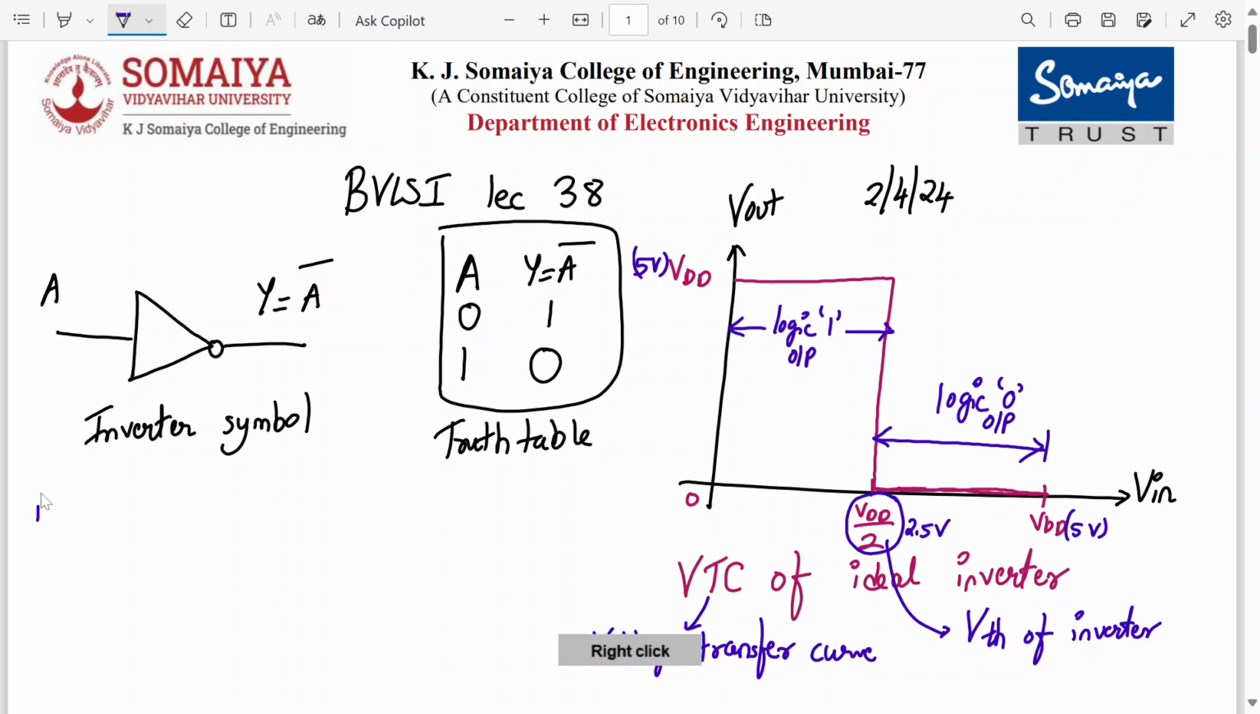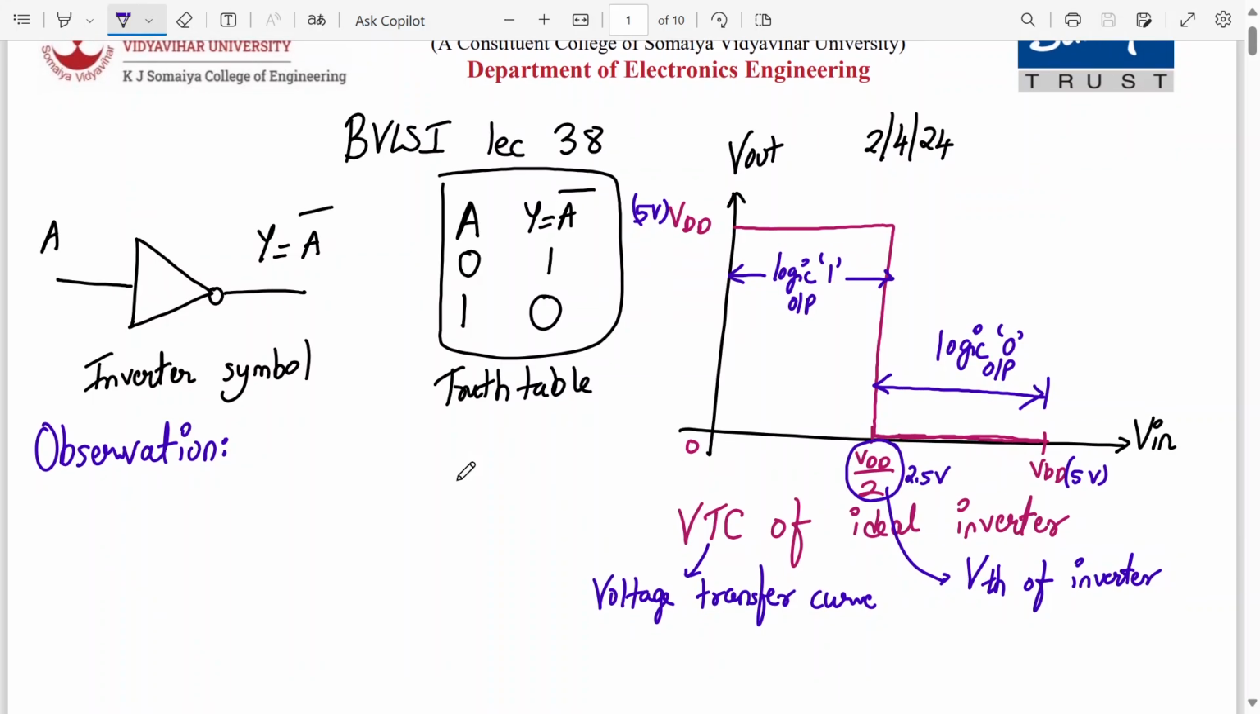So as an observation, what we observe over here is, please draw the diagram. All the inverters should follow this curve. All the MOSFET inverters. The VTC curve will tell you about how well we define logic 1 and logic 0, whether it's at the input or at the output. So for any input, we can write in statement form, for any input